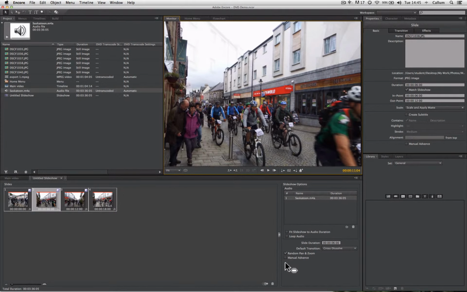Now we also have an option for manual advance. Now if we have manual advance selected, the slide won't move from one to the other until the user presses the next or track skip button on their DVD remote. Now this isn't always apparent when you make a slideshow,